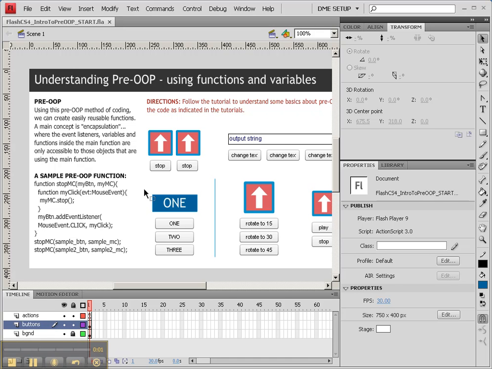In the following set of tutorials, we're going to take a look at understanding the pre-OOP programming method. Now this is the pre-object oriented programming method, and there's some things that are really important about this. Number one, this creates a much more flexible and easily reusable programming environment in Flash. It allows you to reuse your functions by passing new variables to those functions and running those functions in new